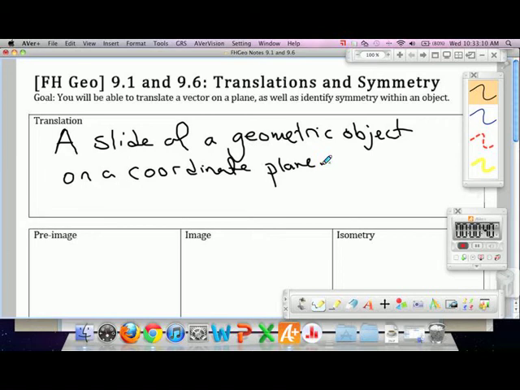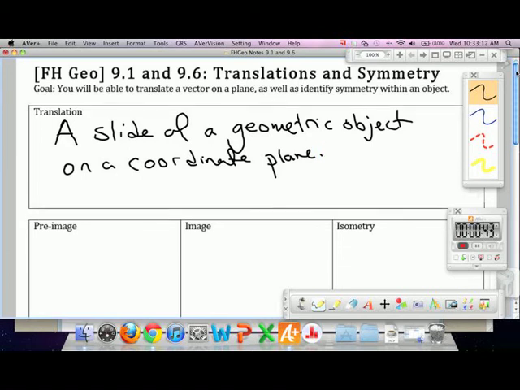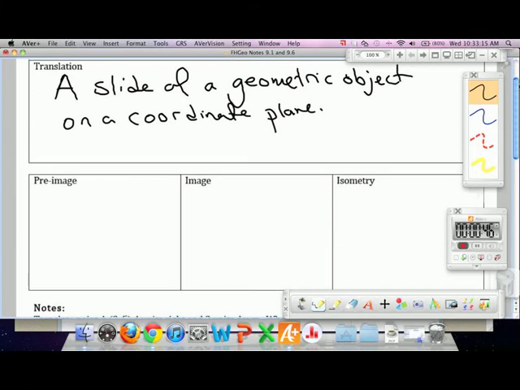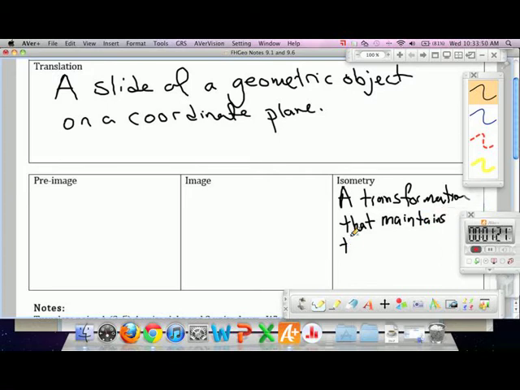By sliding this object, we're going to maintain its original shape and all its features. A transformation that maintains the integrity of the shape, it does not change. The only thing that's changed is its location, not its size, not its angle measures, not anything else. A transformation that does that is called an isometry. So an isometry is just a transformation that maintains the shape